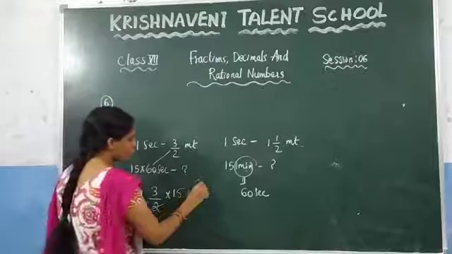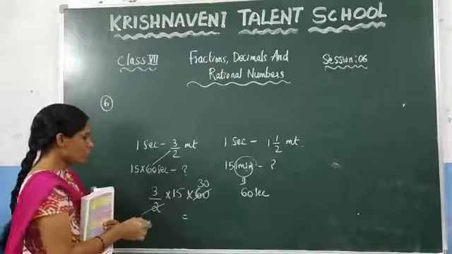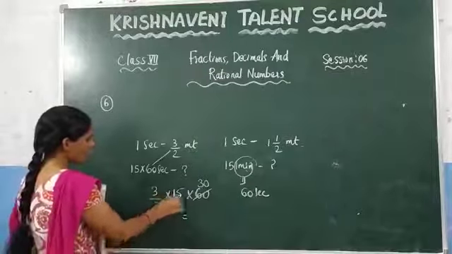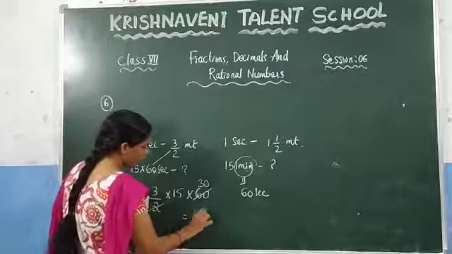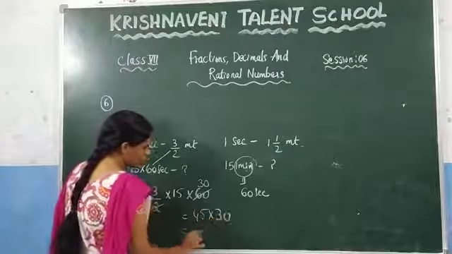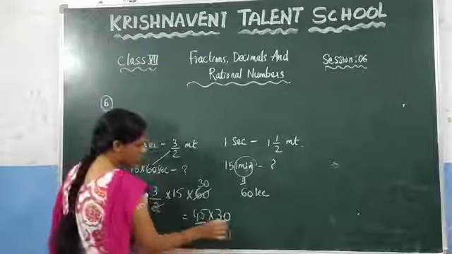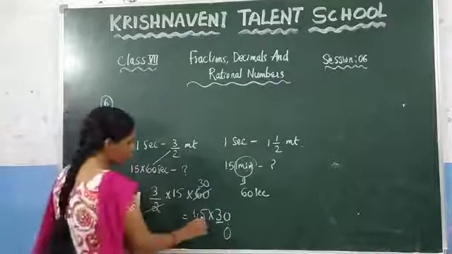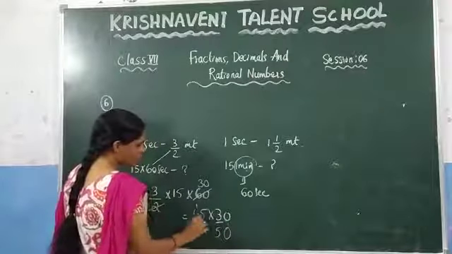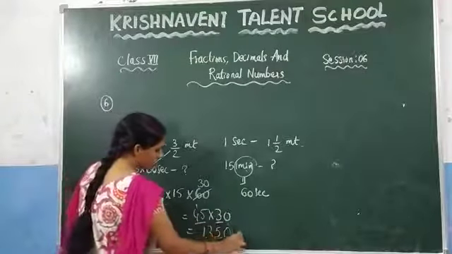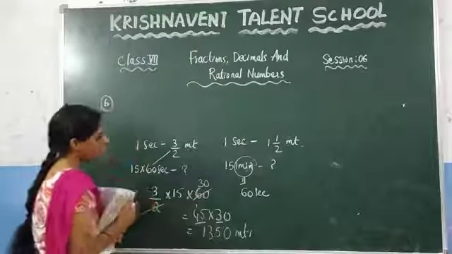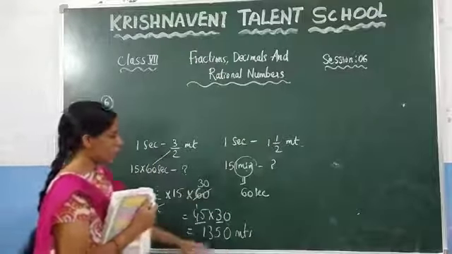You know that 2 30s are 60. Now you can multiply here, what will you get? 15 is 45. 45 into 30. Just do the calculation of 45 into 3. At last you can keep the 0. So what will you get? 5 3s are 15, 4 3s are 12, and 1 carried makes 13. So how much distance did he walk in 15 minutes? Which is 1350 meters.